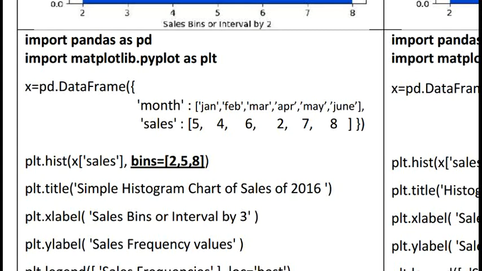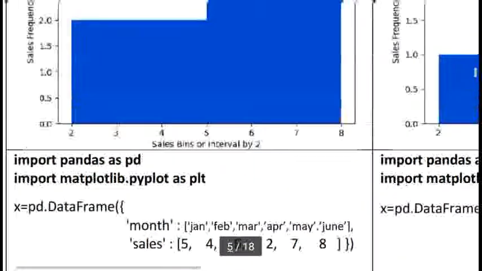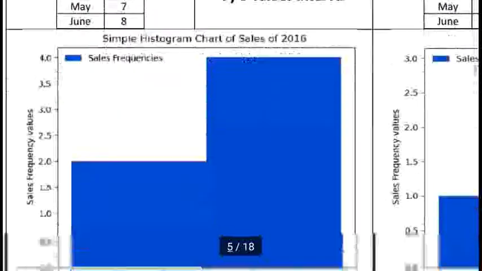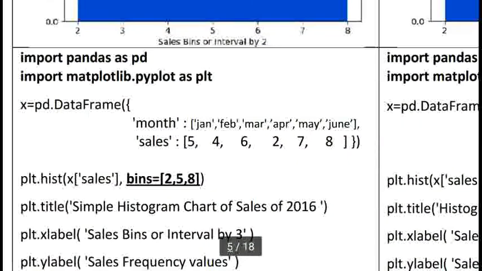So here I am using x equals sales. This data has all the sales values, but I want to create a fixed number of intervals. So here I am using bins. First bins is equal to, in square brackets, 2 to 5, you can see this table, and 5 to 8. In this style we can write 2 comma 5 and 5 comma 8. In this range all the values are put into the 2 to 5 and 5 to 8 bins, the number of sales.